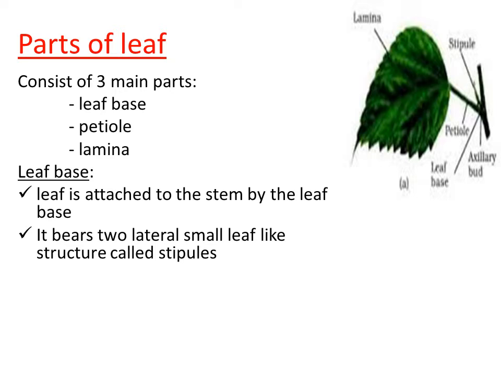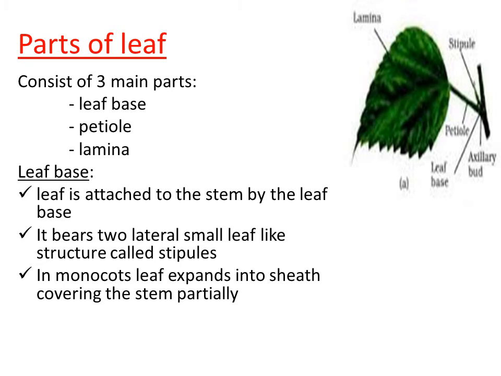So the best example of a plant I can give here is the hibiscus plant. In the hibiscus plant, just observe the leaf base region: on the lateral side, on either side of the leaf base, we can clearly see the presence of small leaf-like structures. Those structures are nothing but stipules. Clear? So stipules are small leaf-like structures. They arise from the lateral surface of the leaf base.